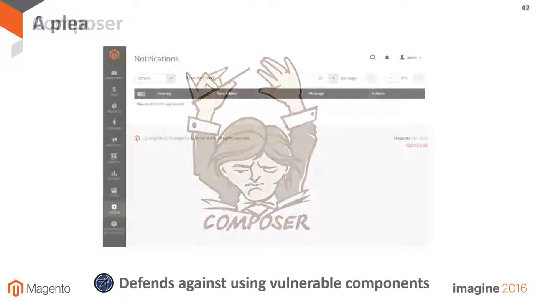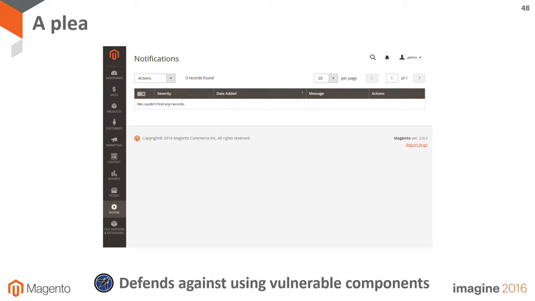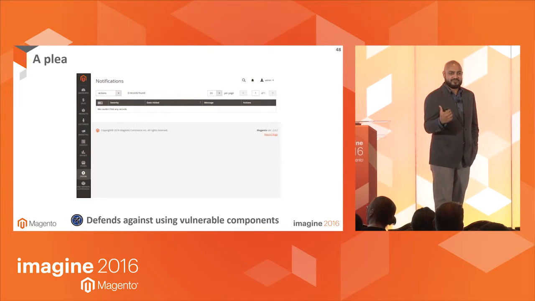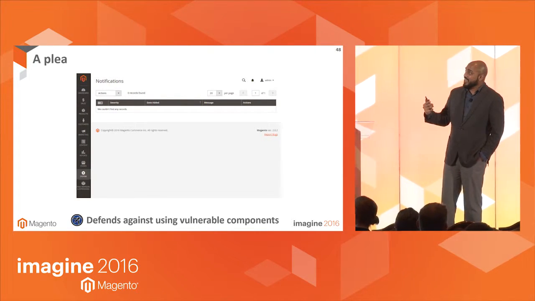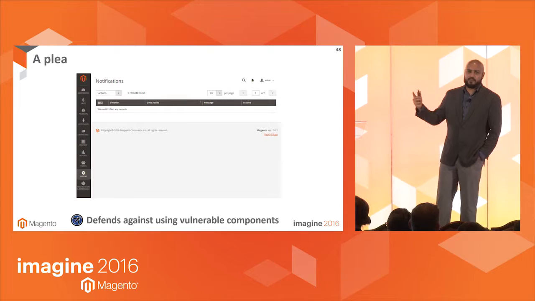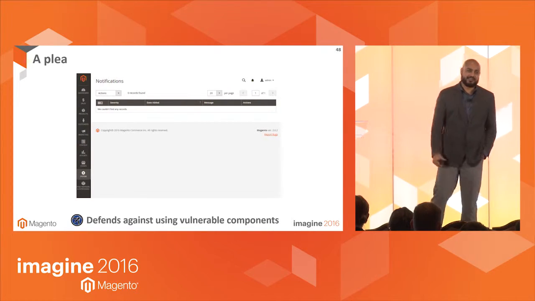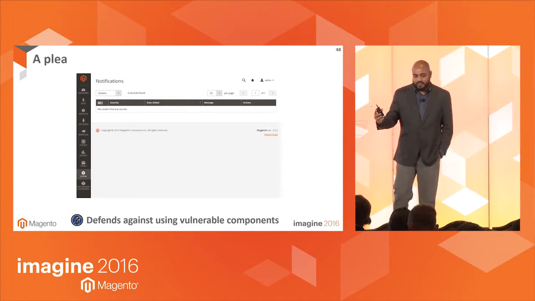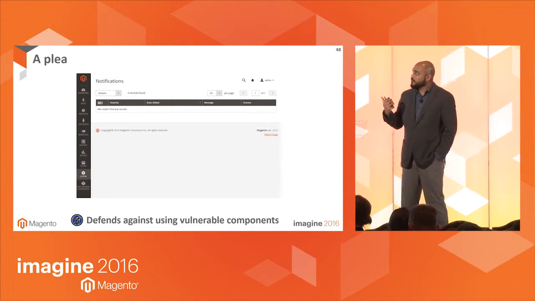And this is the last slide. Some of you may recognize this page. I actually took the screenshot when it was version 2.0.2. It's a nice, clean slate, right? There's nothing here. If there was a patch that was needed, it'd probably just be one line that says, hey, you know what? You're running version 2.0.1. You need to get up to 2.0.2. This page is clean now.